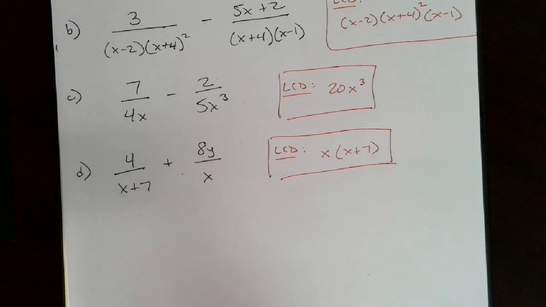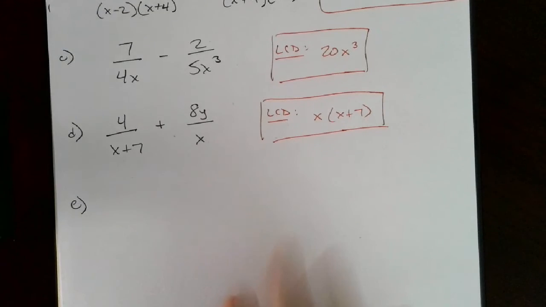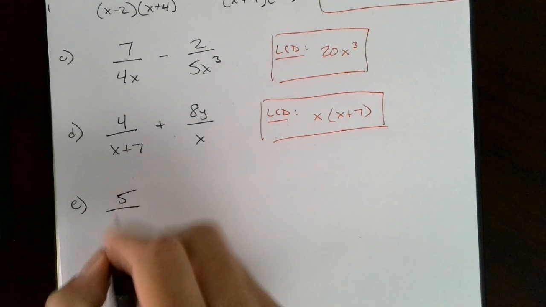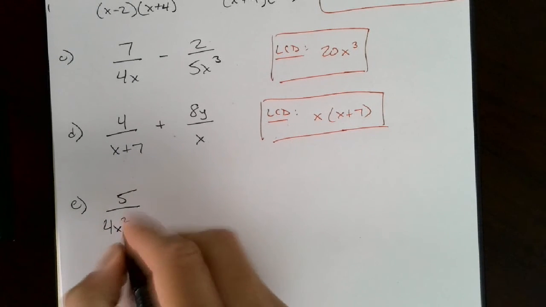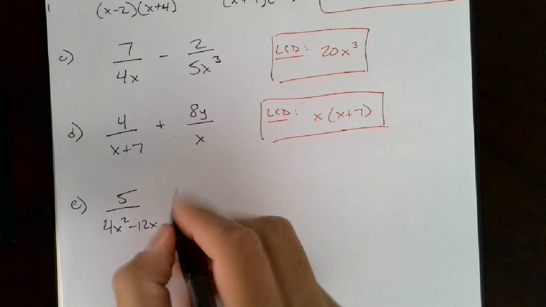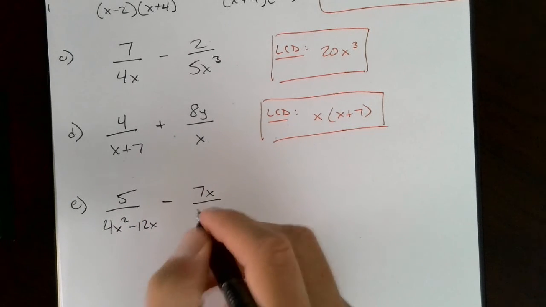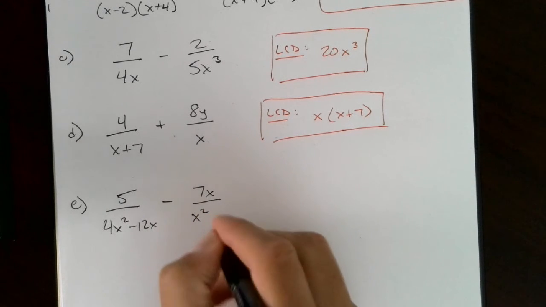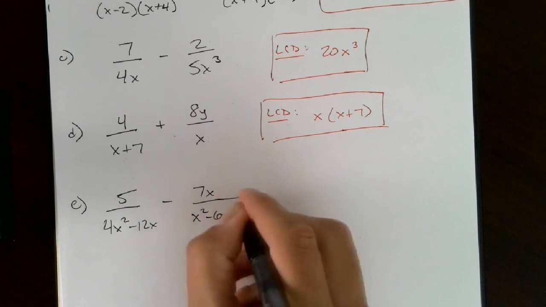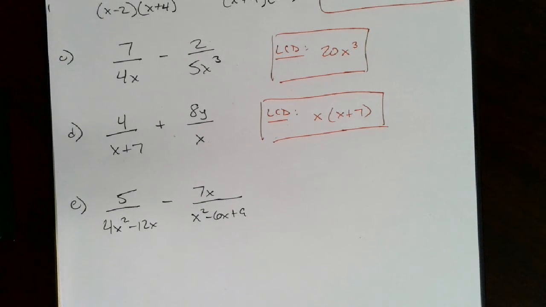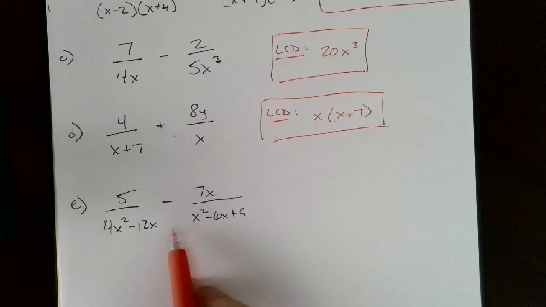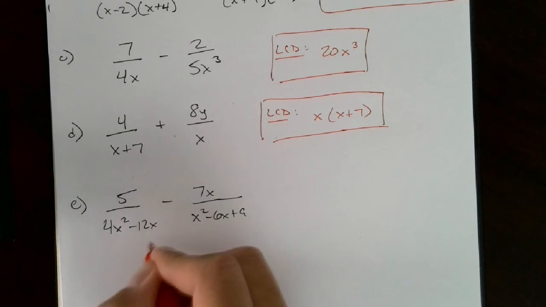And we'll look at just one more here. If I said I had 5 over 4x squared minus 12x, minus 7x over x squared minus 6x plus 9. So remember, the directions are just find the LCD. So if I'm trying to find the LCD here, first thing I need to do is factor the denominators completely. In the previous ones I showed you they were factored, in this one it's not, so we need to factor this one down. So let's factor this